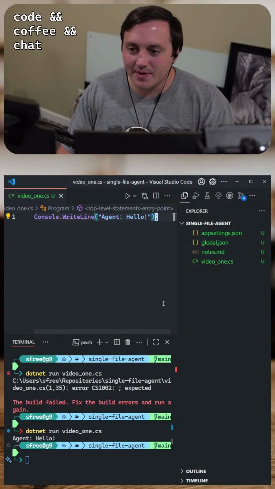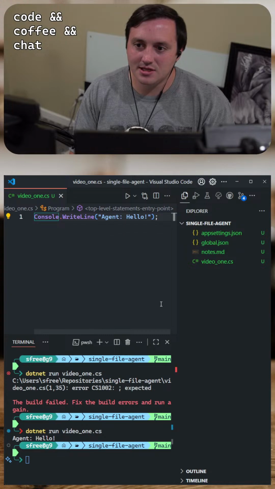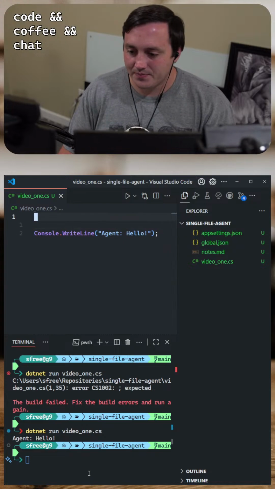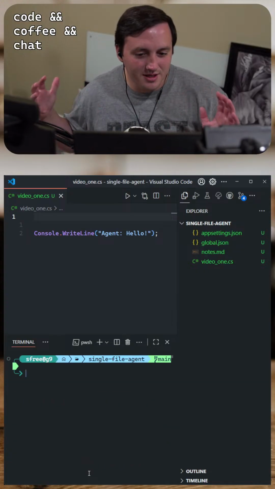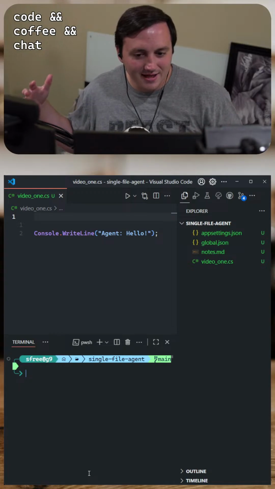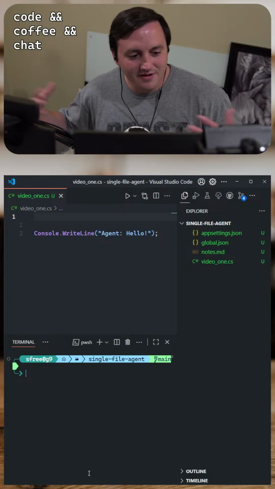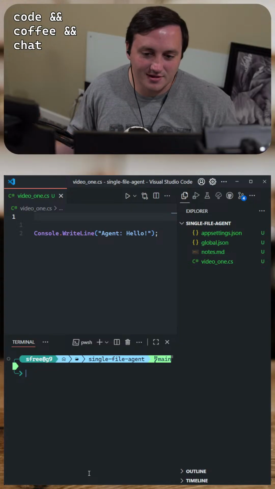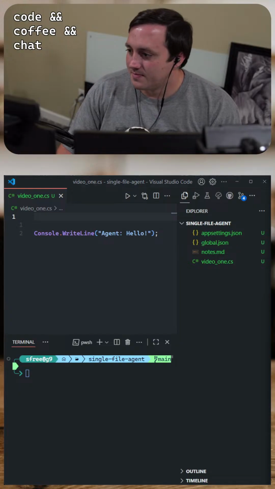Still using TypeScript? I do still use TypeScript for sure. Right now I'm using .NET and C# because I kind of want to showcase .NET and C# in these videos instead of TypeScript or Python, which get all the love in the AI world. I want to showcase that you can do stuff in this realm with C# and .NET, and you can even do it all in one file now in .NET 10. So that's why I'm doing this.